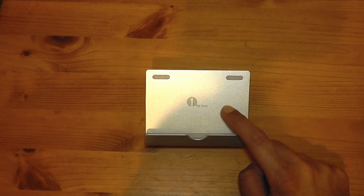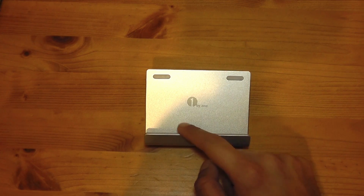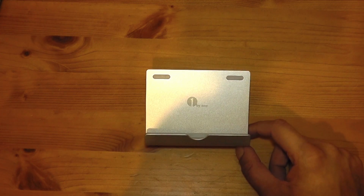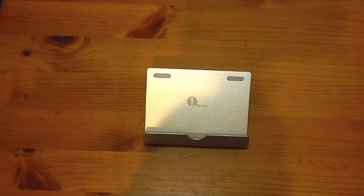So I don't know if my feedback is actually going to hold any water and be taken on board with a future device of these, unfortunately. So that's a problem, but as it is a great stand,